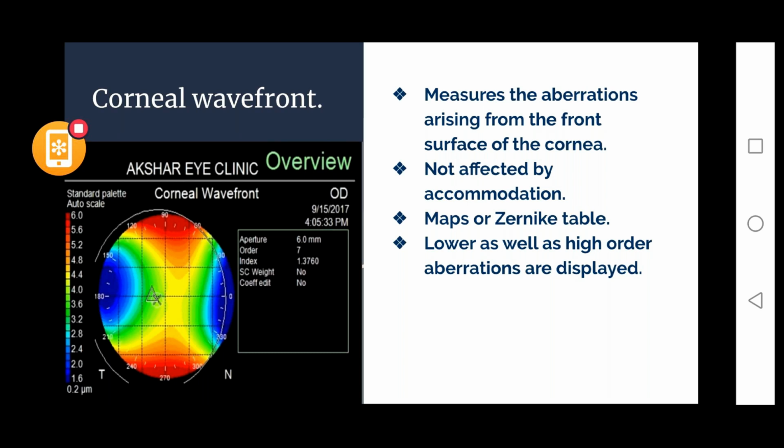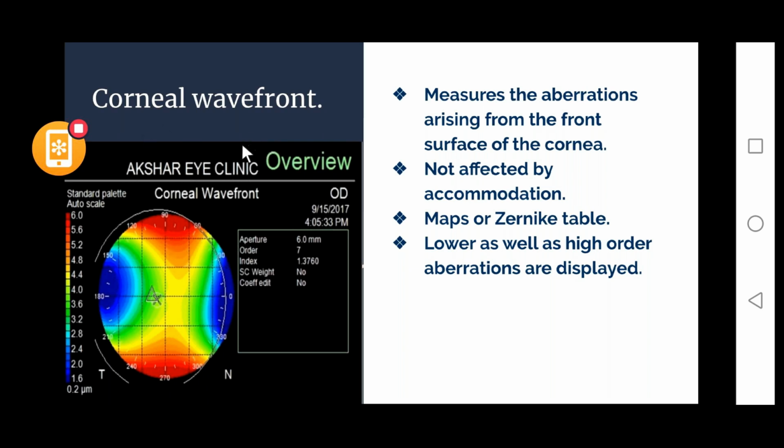However, what happens is, because the cornea and the lens are not aberration free optical systems, hence there are some aberrations. So the light rays which will be coming out of the eyes again will be of different wavefront, right? So this wavefront basically tells you how the aberrations are. Let me tell you one thing, these are not the true aberrations. These are not ocular aberrations, these are aberrations only which are arising from the anterior corneal surface, and these are not